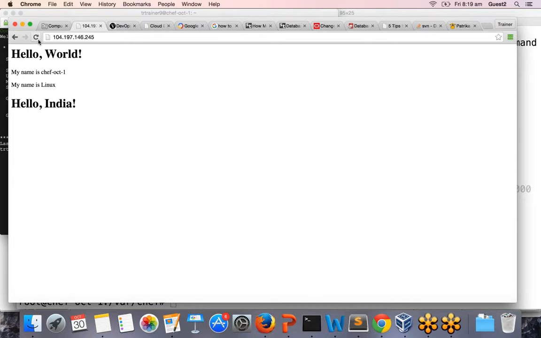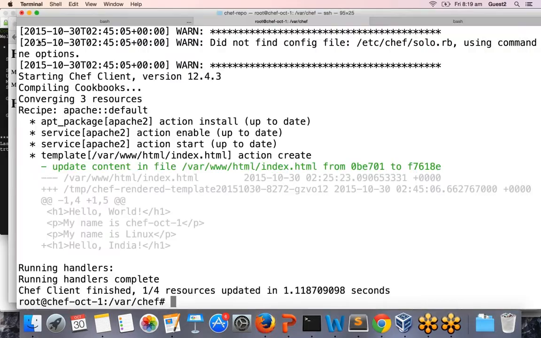So this is the way we are going to retrieve the attributes. We are going to assign the attributes at various levels. It doesn't matter whether it's an Ohai attribute or our customized attributes, we are going to use them like this, right? Now I have some random questions for you. Just an example. In the last line it says chef-client finished,